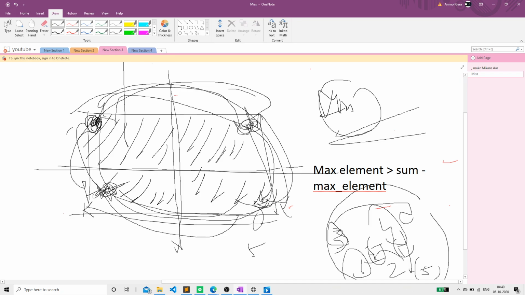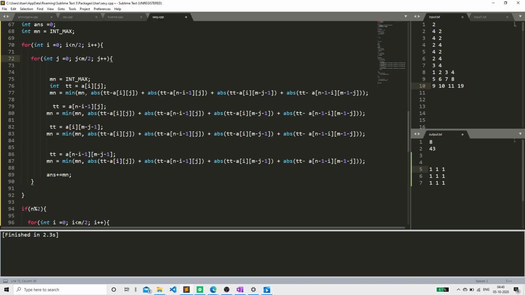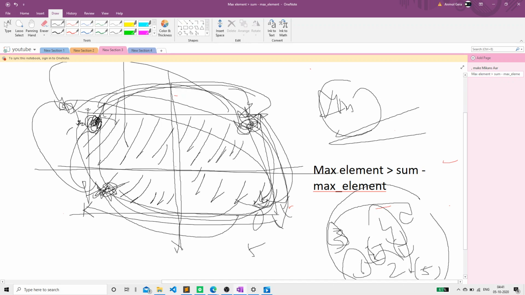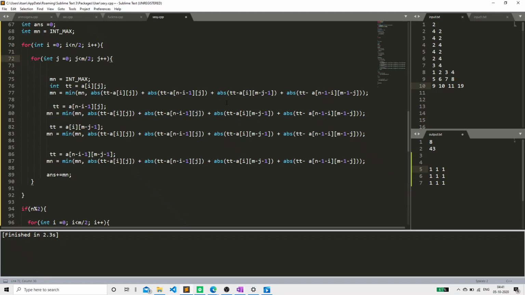Sorry, I don't know where my cursor is. Yeah, so I've taken this element, and I'm checking if I place this element, then a[i][j], a[n-1-i][j]. Okay, so here's my cursor. This is the element I'm putting. What if we change this element into this, and this element into this, and this element into this, then what would be the absolute cost? So that is basically this.